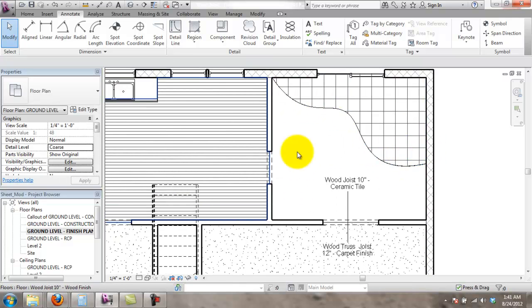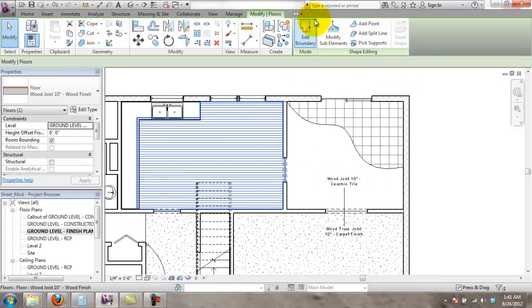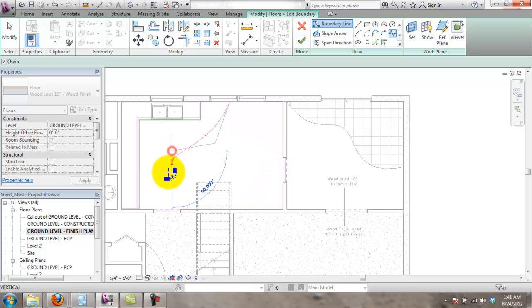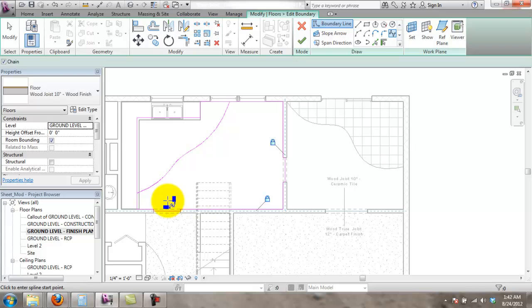Same thing for this one. It's a spline. You can't trim to a spline, so you just have to move your